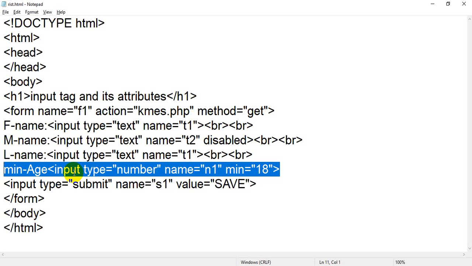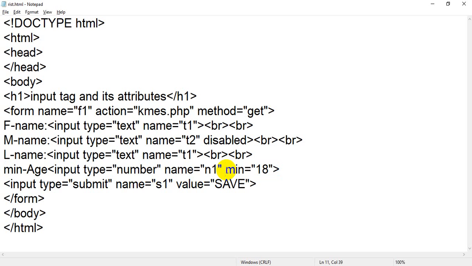That's why I have not taken input type equal to text, because inside text we don't have any range or any minimum characters. So if you want to take a minimum, you have to use input type equal to number or date, time, month, etc. So I have taken input type equal to number, then I have assigned name, then this is our topic of discussion, that is min. So min is an attribute where I have assigned the value 18.